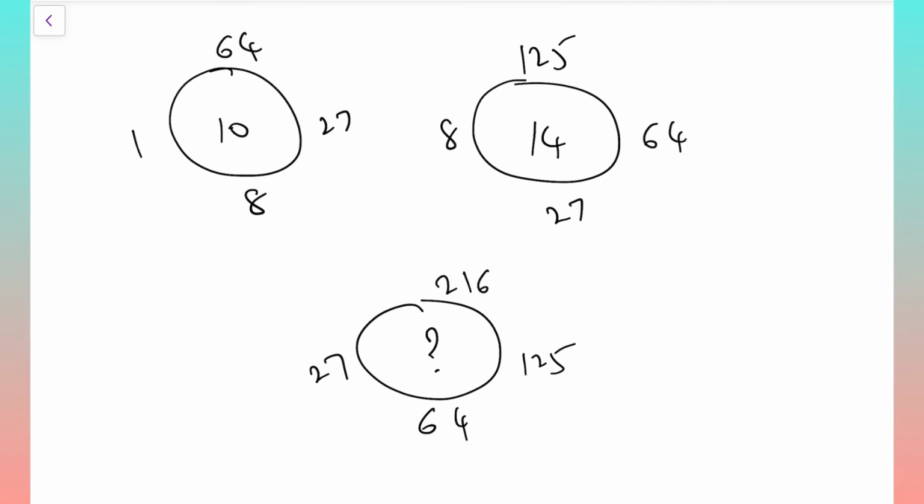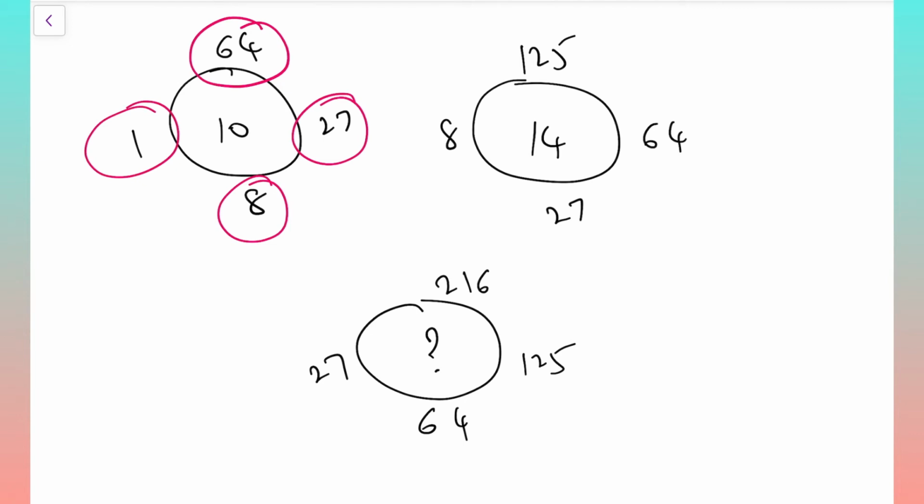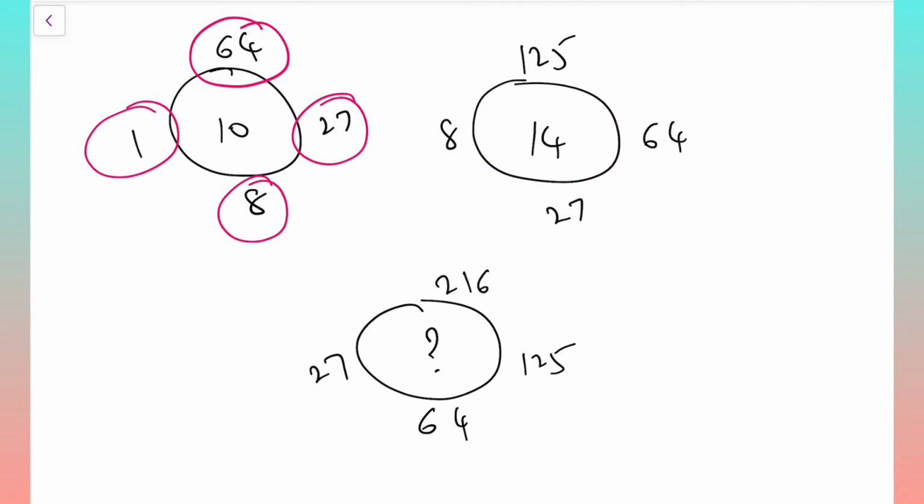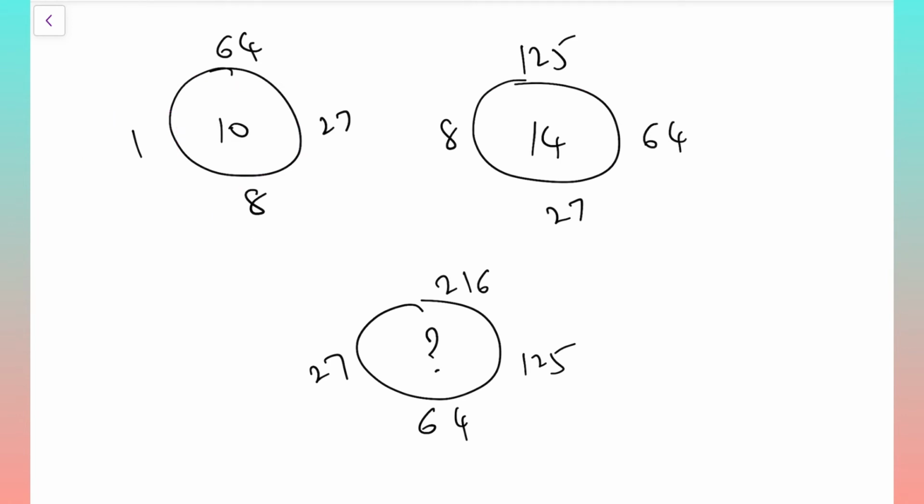Okay, now outside of the numbers of a circle, if you observe, 8 is 2 cube, 27 is 3 cube, 64 is 4 cube, 1 we can write it as 1 cube, 125 5 cube, 64 4 cube, 27 3 cube, 8 2 cube. So based on this cube logic, I will check first. Now for the first figure, this is 64 means 4 cube. I will take that 4 plus 27 is 3 cube. I am taking that 3. 8 is 2 cube. So 2 plus 1 is 1 cube. 1. 4 plus 3 7. 7 plus 2 9. 9 plus 1 10, which is the middle number.